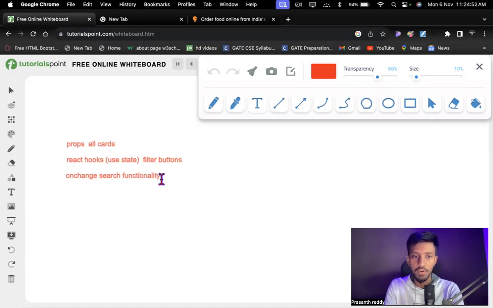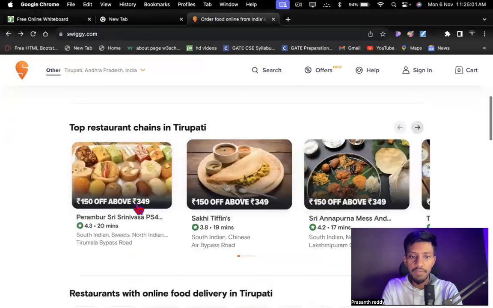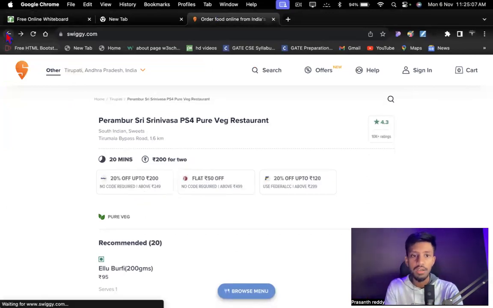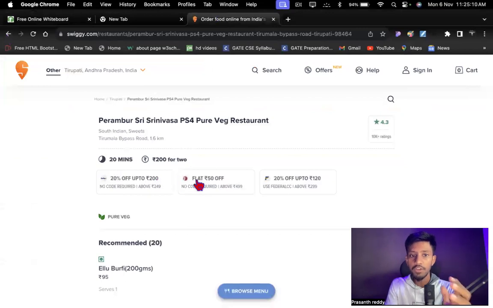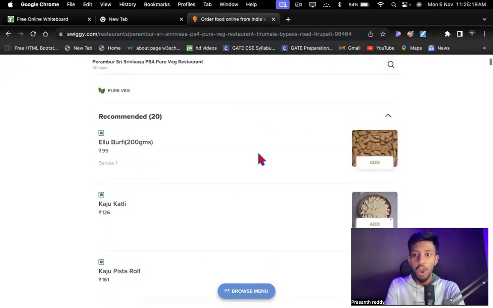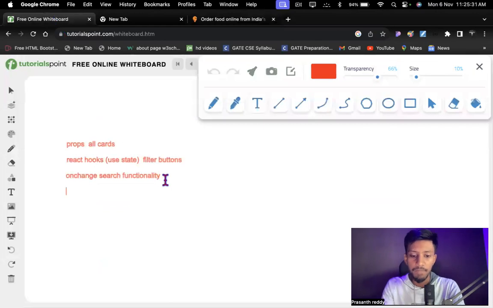Okay, now what is the next one, guys? The next one is nothing but if we go here, see, let's go inside the Swiggy. Suppose if I click on any card, suppose if I click on this card, it is moving to the next page, right? If you see this, whenever I click on this, it is moving to the restaurant details. This is a Srinivasa pure veg restaurant, right? If you see how this was coming, like recommendations, Mysore Pak, Barfi, Kaju Katli. So how this was coming and how to add this add button. So we will be building this portion, right? So let me write it as resto list portion.